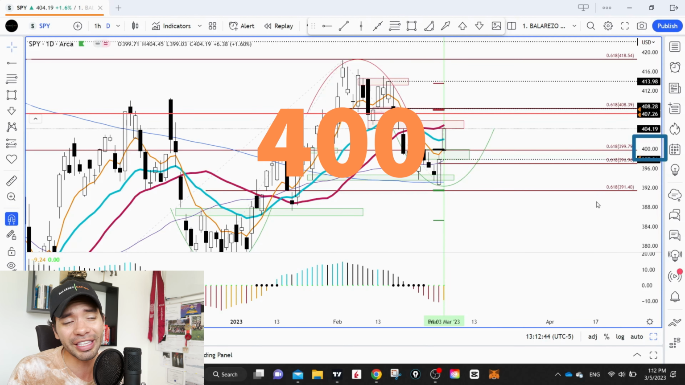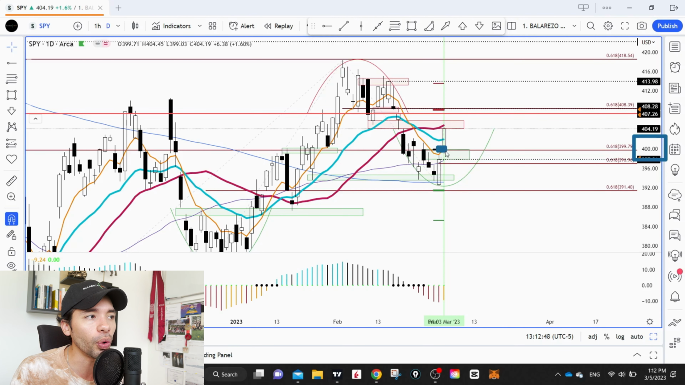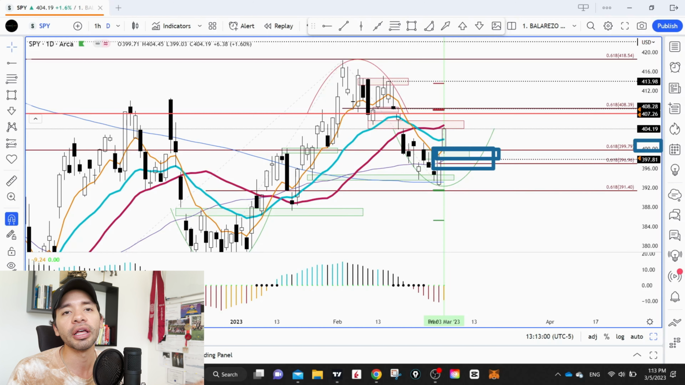I think 400 is actually a very important level, and as you can see right here, you can see the wick on the daily candle of Friday, that's exactly where buyers actually showed up. So I think that if we happen to see some pullback into this 400 level, that's going to be a